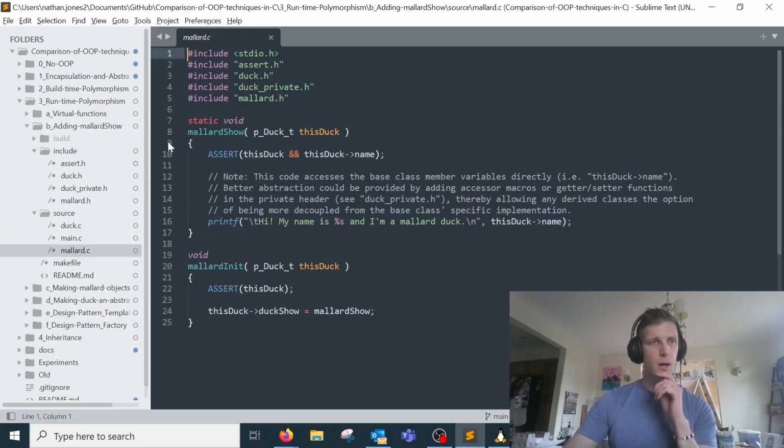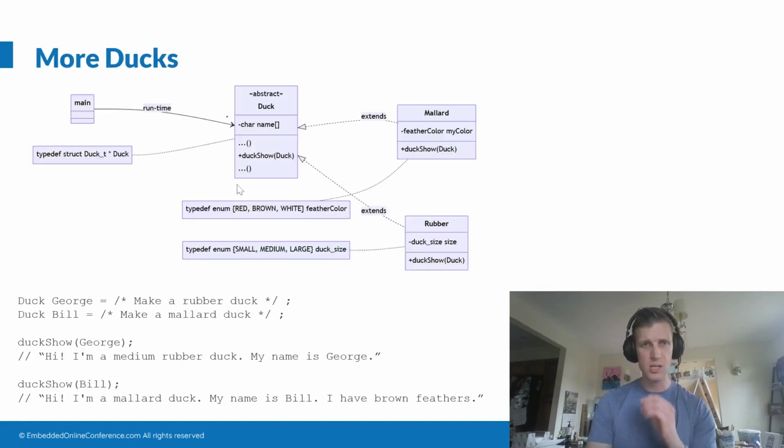All right. Okay, so this implementation is probably totally sufficient if my only goal is to take an object of some type and change around how the functions are implemented. But if I'm making a Mallard or a derived class, then you might imagine that I want to start adding some data to it, right? I might have some Mallard-specific data items that I want included in the structure that I want to operate on. You might have noticed in my original example that for my Mallard duck, I want to reference what the feather color is or something like that. In order to do that, let's talk about